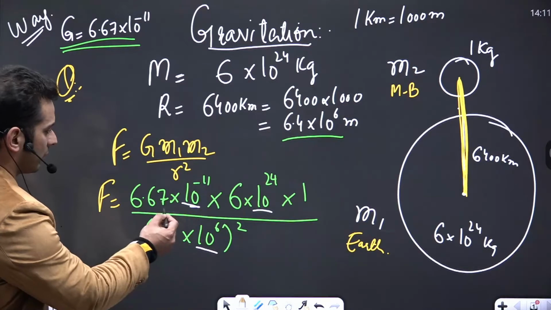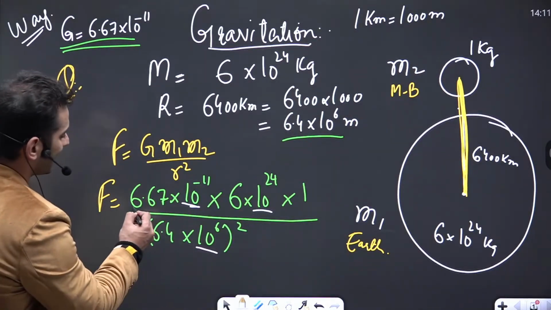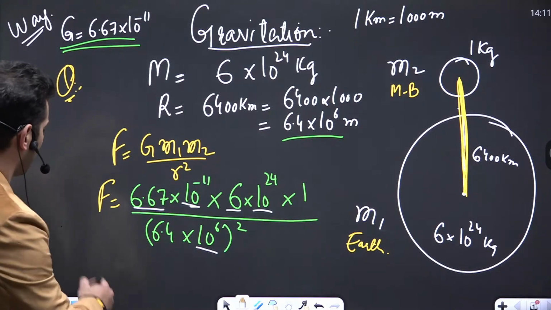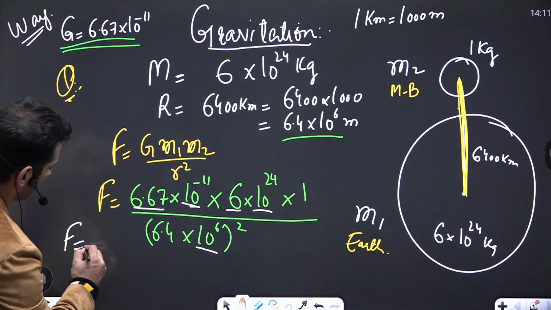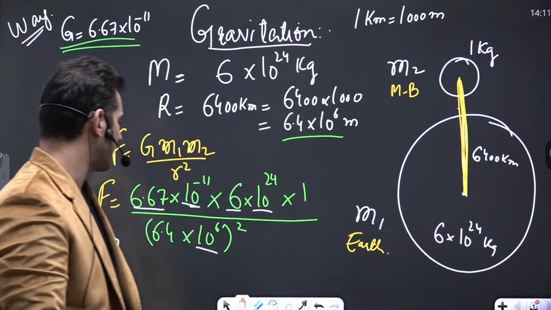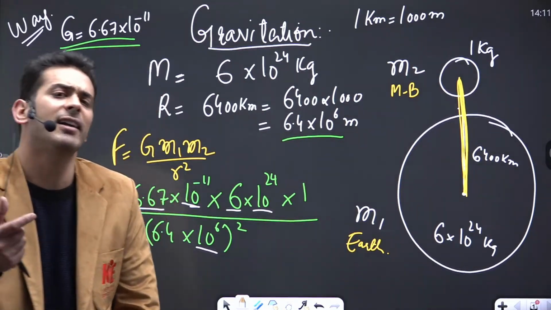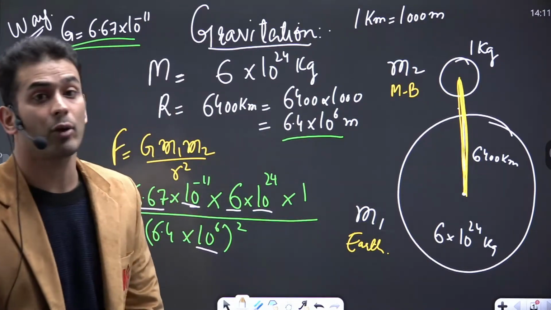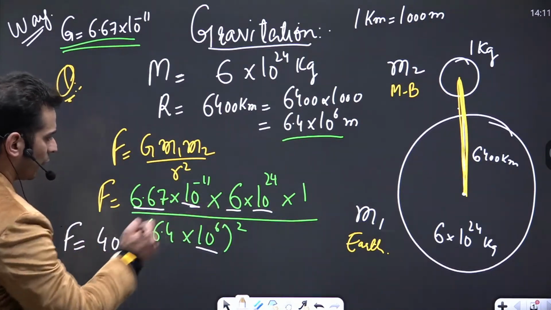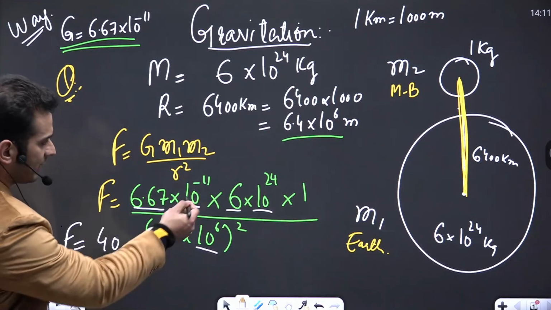And these values, we'll evaluate them. This 6.67 into 6, this will be something around 40. When we multiply 6.67 into 6, it will be 39 point something. Let's, for the sake of calculation, take it as 40. Okay, beta? This is 40 into 10 raised to power 11